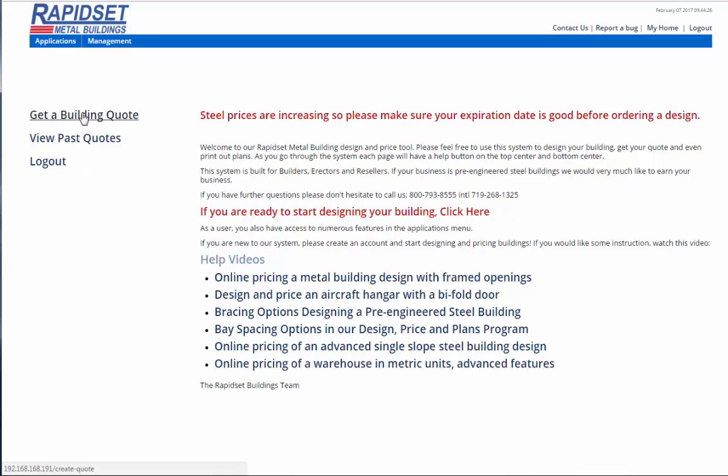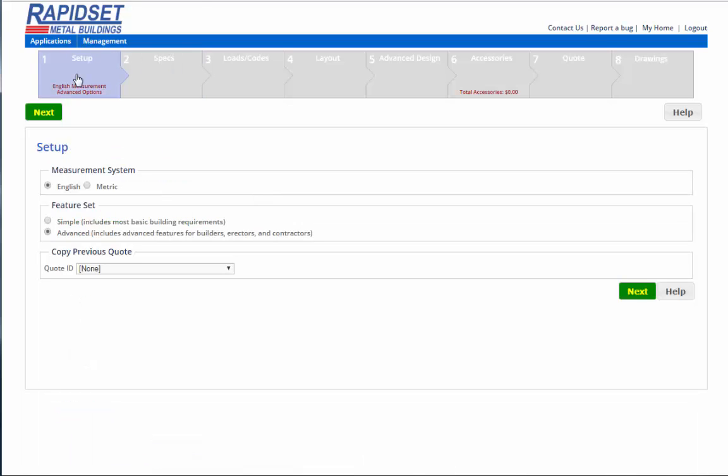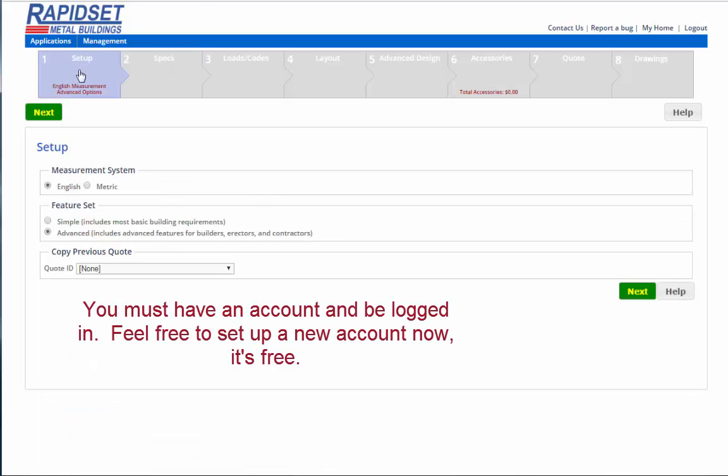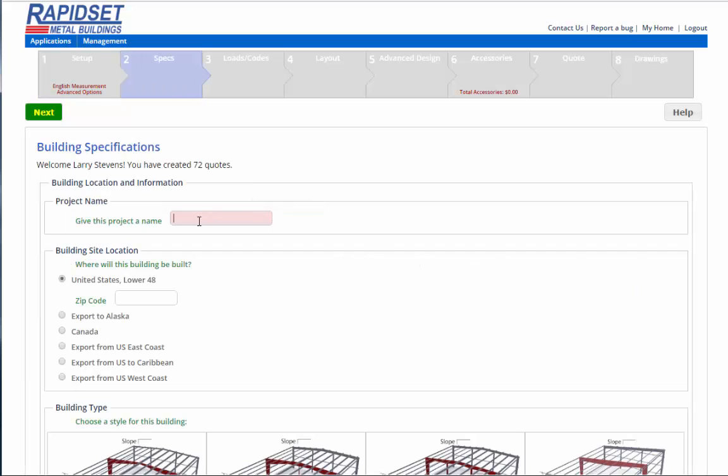The first thing is you just go get a quote, but you have to be in advanced mode in order for the advanced options to show up. How that works is you click on the setup box up here on the top, and you have simple and advanced mode, and you just make sure that you're clicked into advanced mode. So let's go ahead and